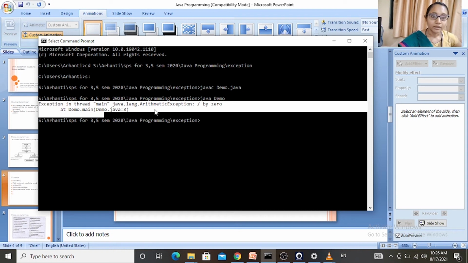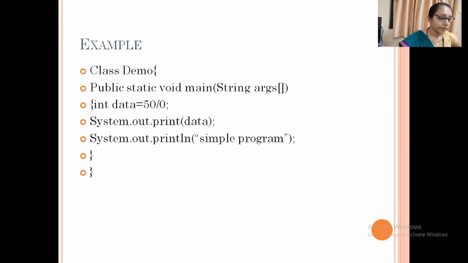So here I am getting an error that there is an arithmetic exception in this program, so it will not be executed any further. This line, System.out.println, will not be printed, because execution of the program will be stopped after this third line.